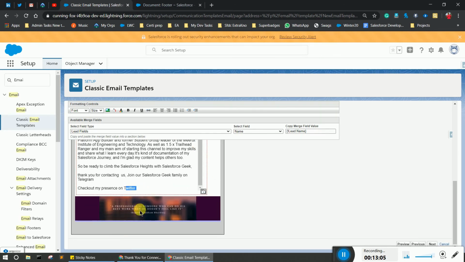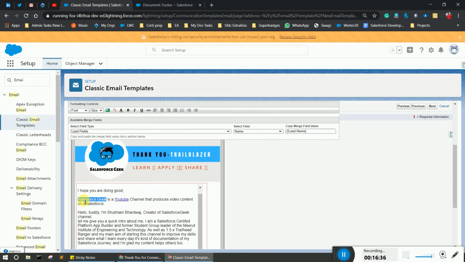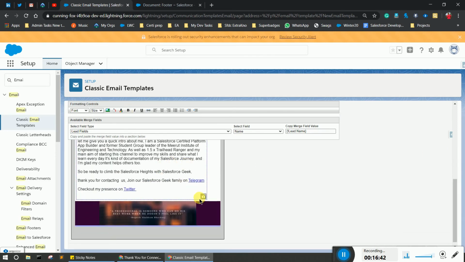Same with Twitter. If you want to give any color to a particular text, you can do it from here. Set color. I am good with blue. As you see, the color has changed, Salesforce Geek bold. As you see, there is a lock option there.